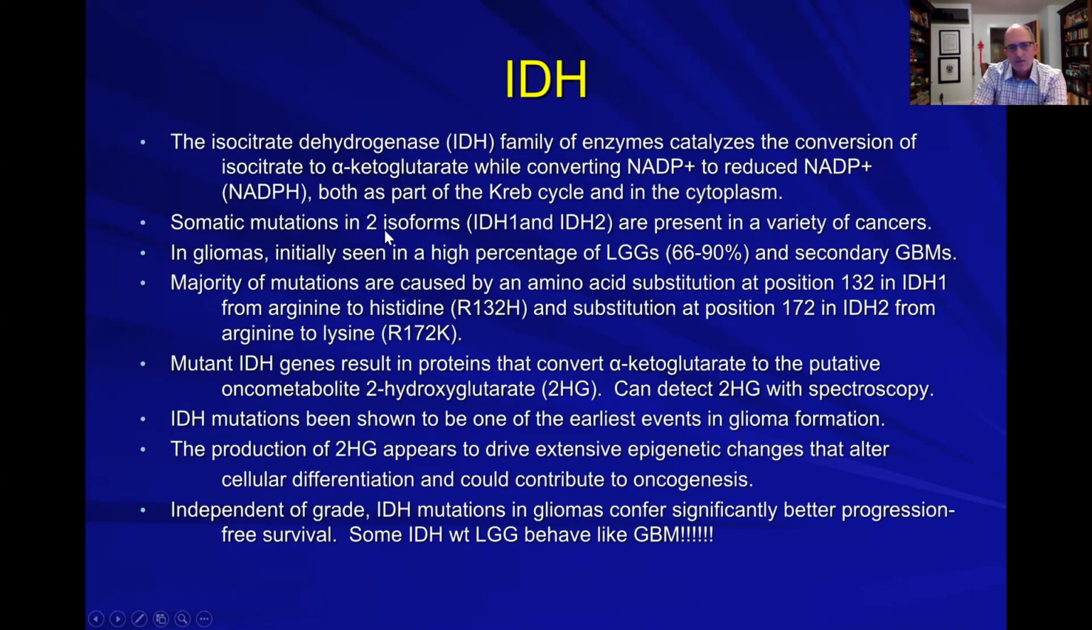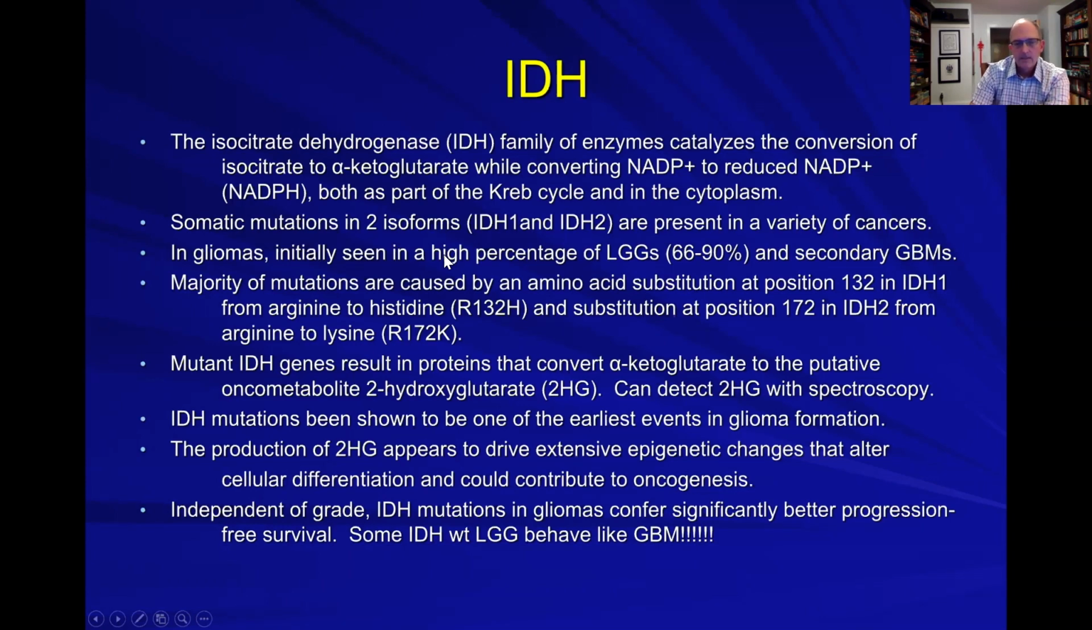You can have somatic mutations of two isoforms, so those are called IDH1 and 2, and those occur in a variety of cancers. So this is not novel in oncology, but is a relatively recent addition to glioma genetics. So in gliomas, initially seen in a higher percentage of the lower grade tumors, so up to 90%, as well as secondary GBM. So remember, most GBMs are primary de novo GBMs, but a few, 10 to 15%, are secondary. So they arise or they transform from lower grade gliomas. So those tend to have IDH